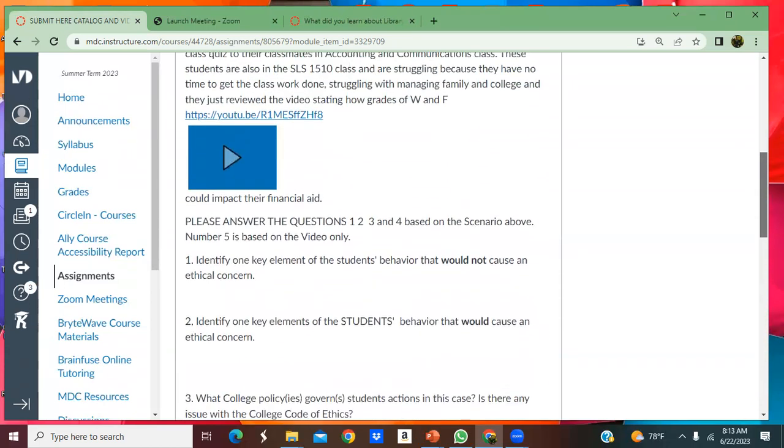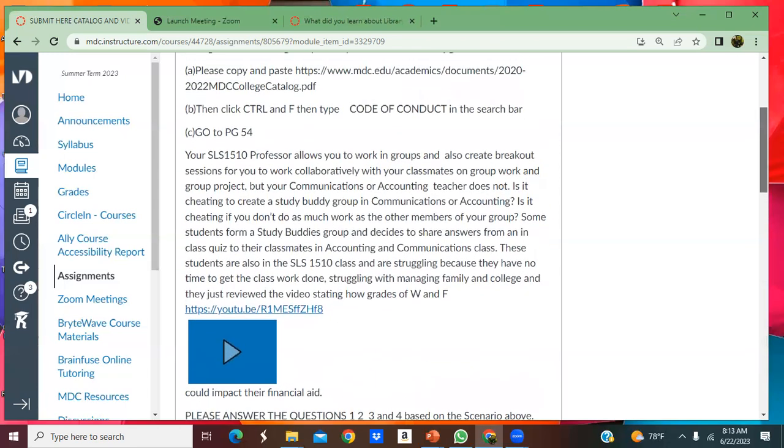Then what I want everyone to do is read this scenario. And I am going to ask Randy, I think your name is Randy. Yes. Randy, I want you to read the entire scenario. Go ahead. Okay. Your SLS 1510 professor allows you to work in groups and also create breakout sessions for you to work collaboratively